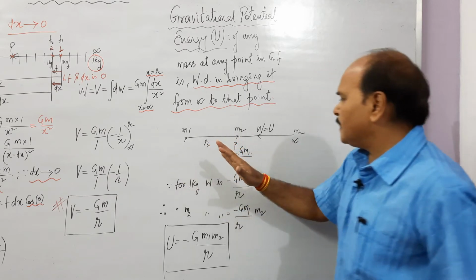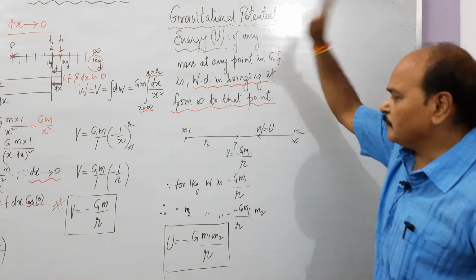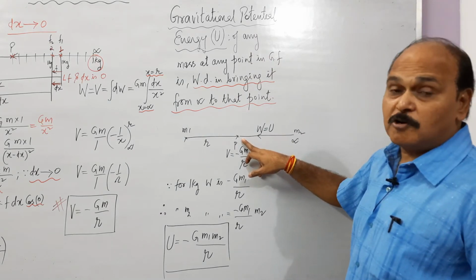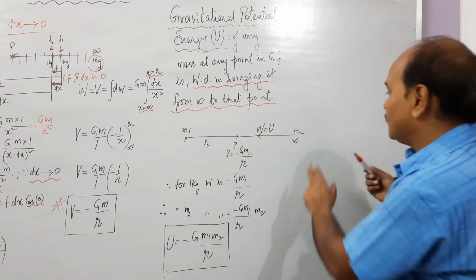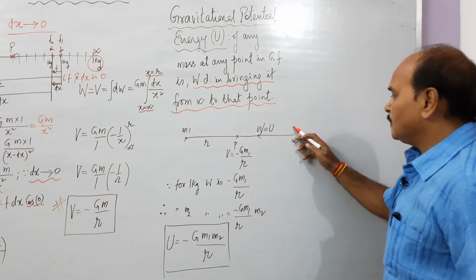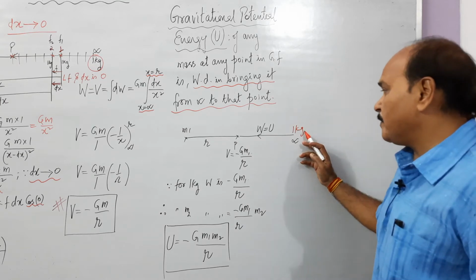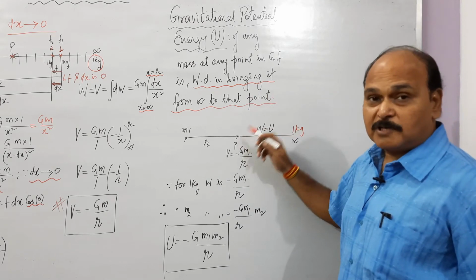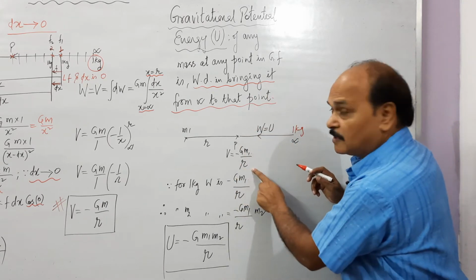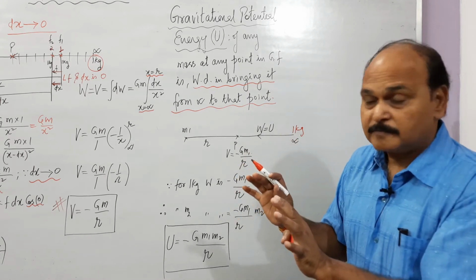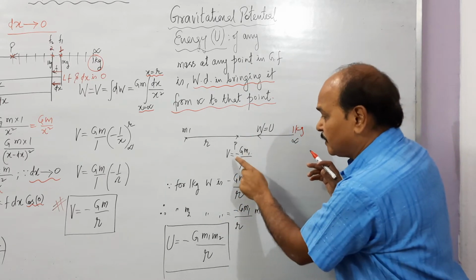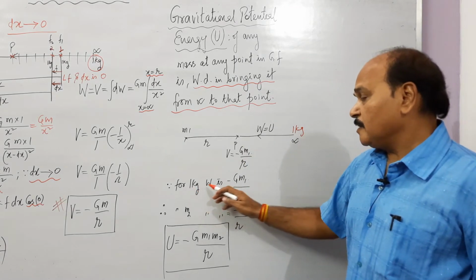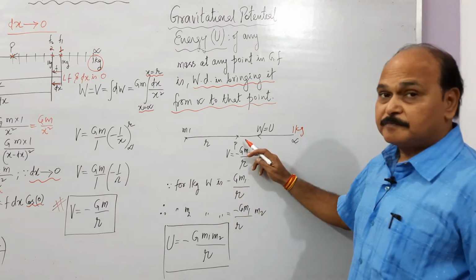Okay, let us imagine that this mass is not there. Let us remove this mass. So what is the potential of this point? Work done in bringing 1 kilogram mass. If we bring 1 kilogram mass from infinity to this point, work done would be the gravitational potential of this point. And what is gravitational potential of this point? Minus Gm1 by r. We have just found out this expression. So gravitational potential of this point P is minus Gm1 by r, and this minus Gm1 by r is work done in bringing 1 kilogram mass from infinity to this point.